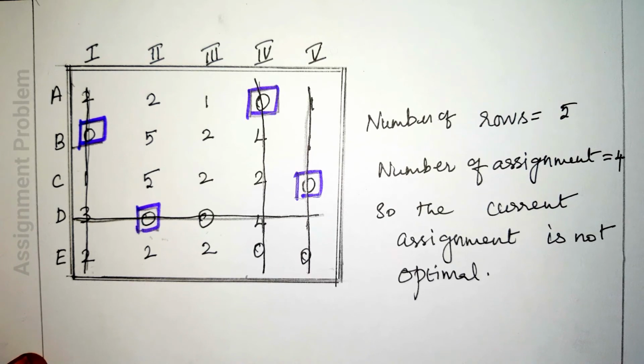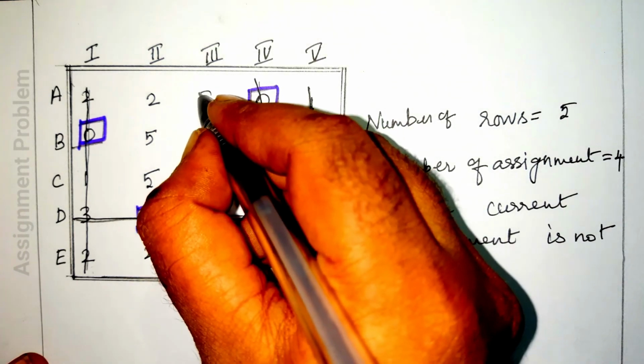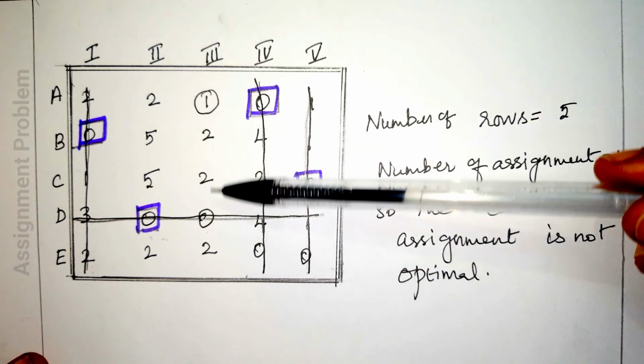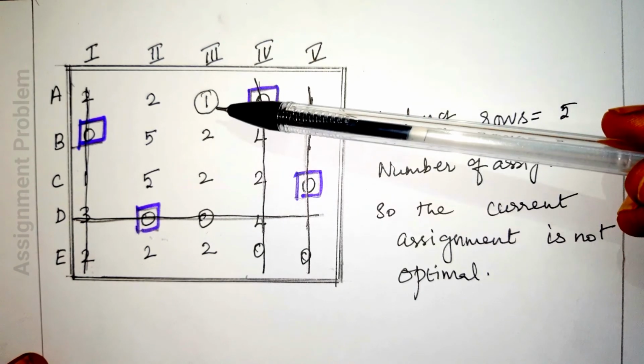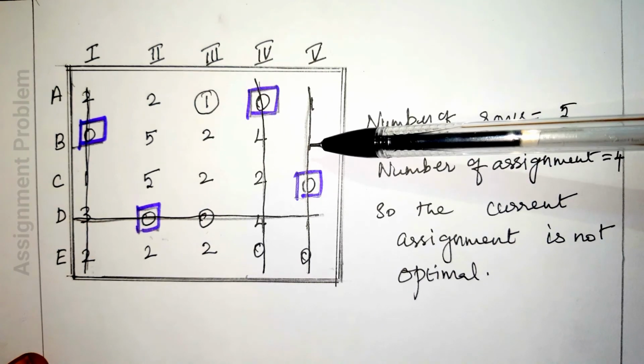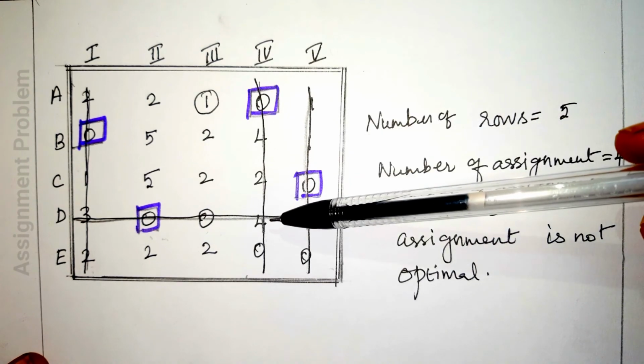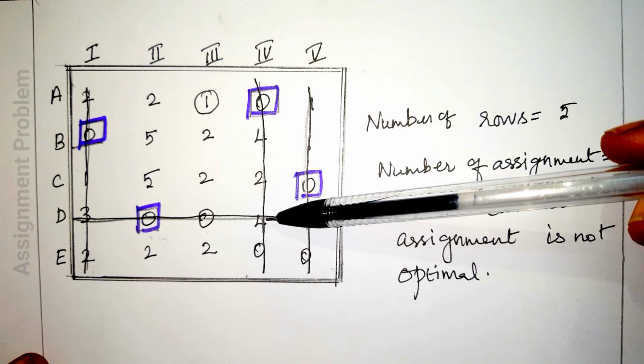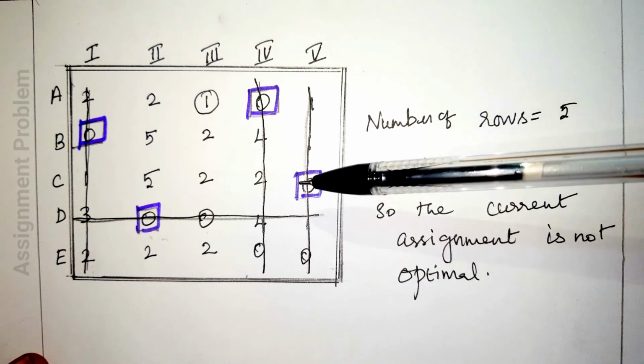So we have to select the minimum value. Here the minimum value is 1. If the value is not covered with any lines, you have to subtract the minimum value. If the values are covered with a single line, you write as it is. If the values are covered with the 2 lines, you have to add the minimum value.